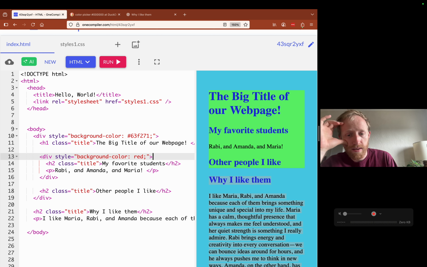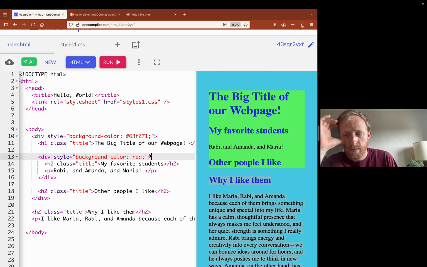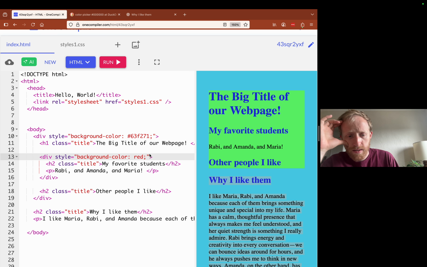Okay. Or Robbie, you want to take a guess real quick? I will say that from line number 13 to 16, its background color will be red.